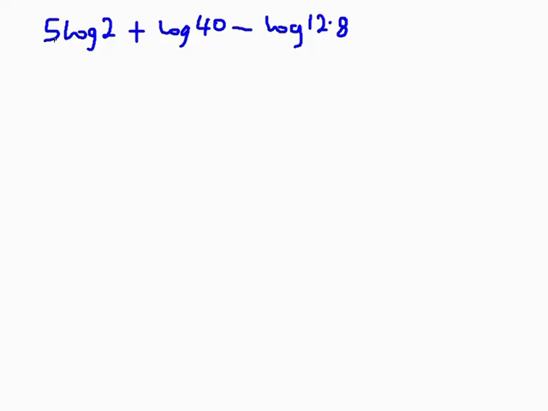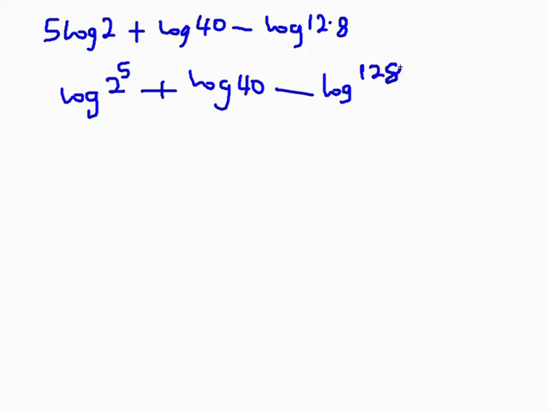The next one is this. This is similar to what we just did. 5 comes here to become the power of 2, and you have this to be log 2 to the power of 5 plus log 40 minus log. Transform this one to a quotient. So 12.8 becomes 128 over 10. 2 to the power of 5 is 32, plus log 40 minus log